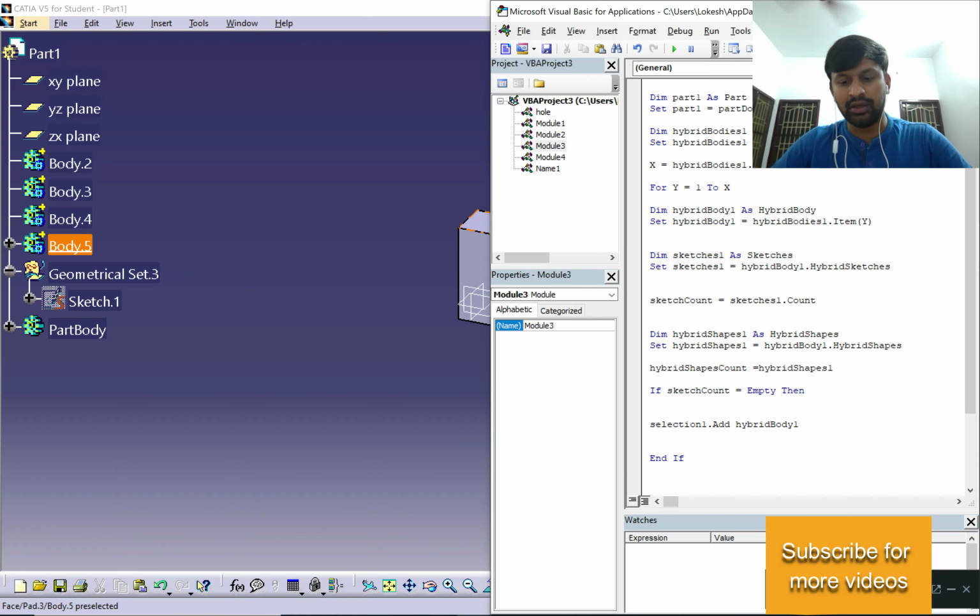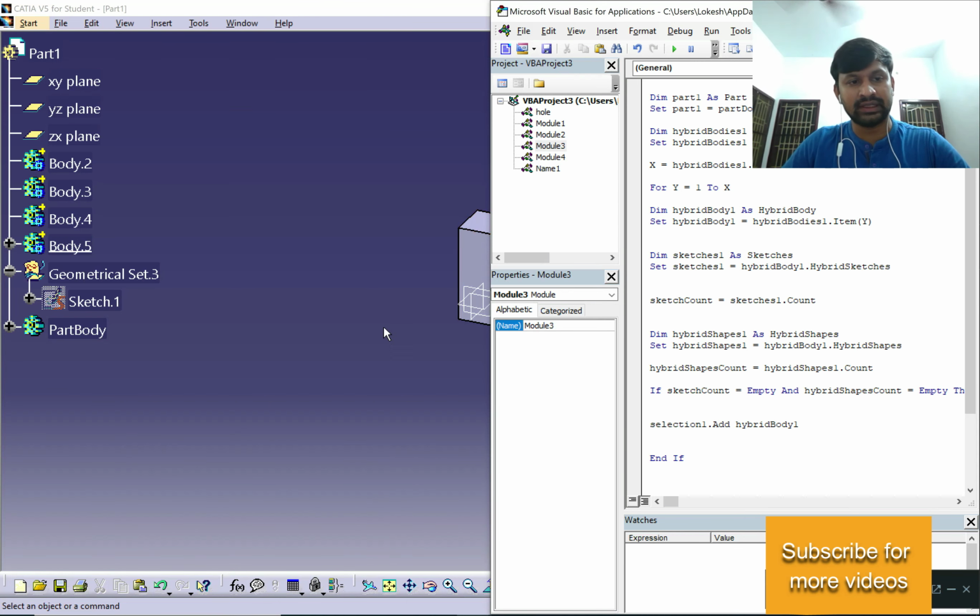I'd like to copy the count, and I'm going to add one more condition here, empty, and I'm going to use and, because or doesn't work. So I'm going to give and equal to empty.